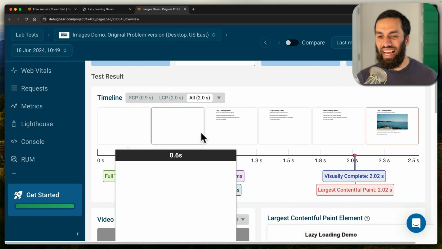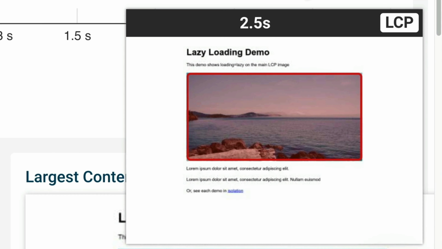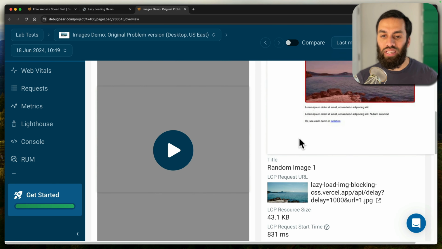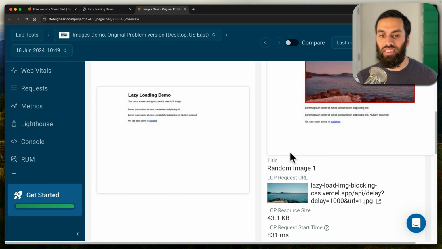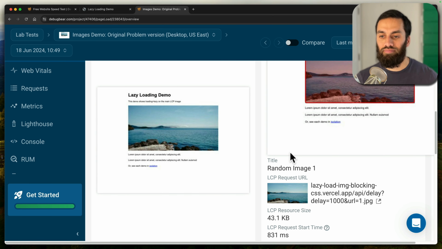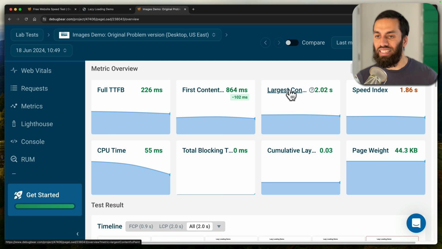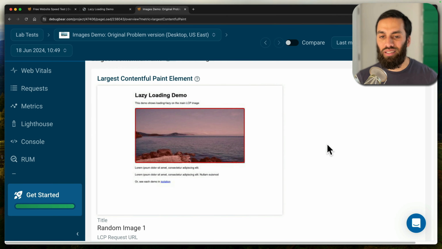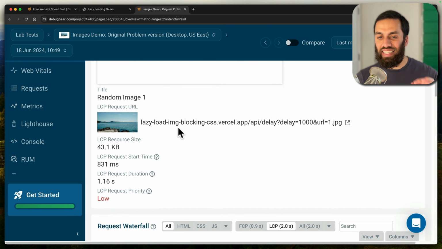In this report, there's a handy film strip, and we highlight very clearly for you the actual image within the film strip that represents the LCP download, and that's right here. We also show a video recording, which is pretty nice. And if you scroll back up and click on the largest contentful paint metric, by the way, I'm very zoomed in for the sake of a video, that's why things are looking a bit truncated. But if you click on that largest contentful paint metric,